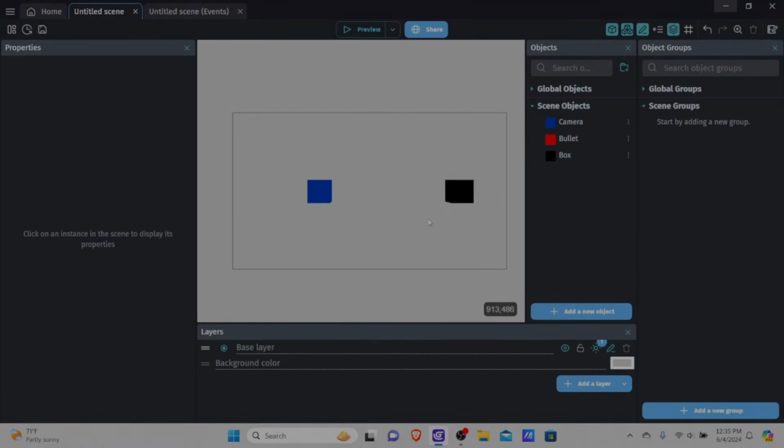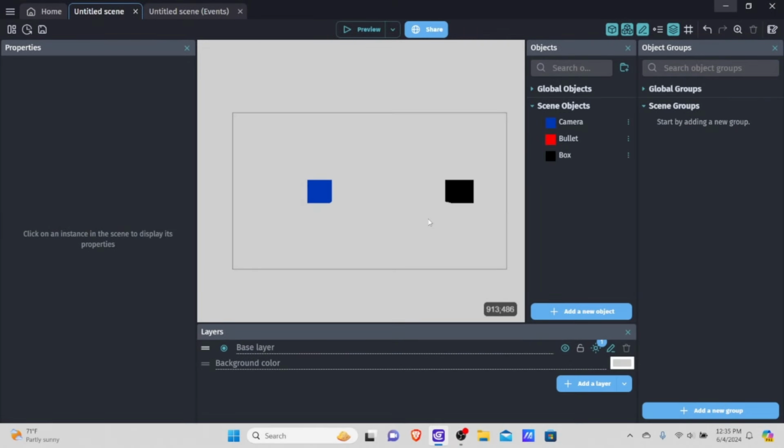Welcome to part 2 of how to make a first-person shooter in GDevelop. Now, in this part of the tutorial, we're mainly going to be doing three things. We're going to be doing bullets, being able to destroy objects. We're also going to be optimizing the bullets, making sure they can't go too far off screen. And then finally, we're also going to be adding animations to the gun object that's commonly used in nearly all